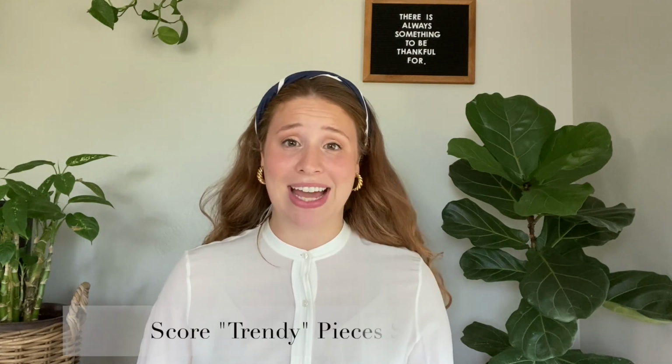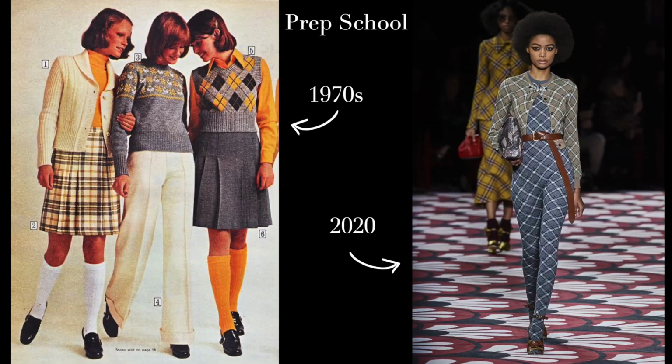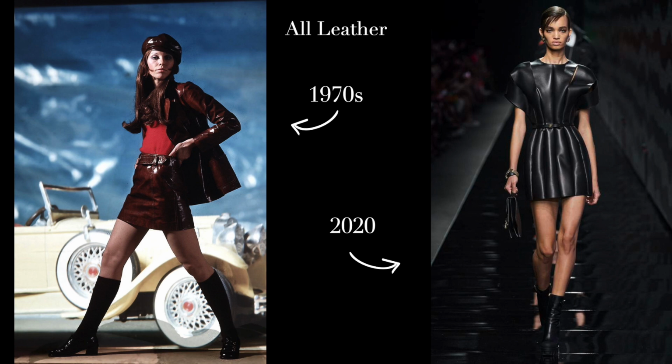I think the first one of these tips is kind of a no-brainer. For those of us who are already into sustainable and ethical fashion, shopping secondhand is probably something you already do. But for those of you who aren't really familiar with secondhand shopping, you can find a lot of great treasures in secondhand and vintage shops. The great thing about trends is that they tend to recirculate. So previous decades will come out again decades later, right? So now in fall 2020, we're seeing a lot of the 90s and we're seeing a lot of the 70s. So really all of the trends that I mentioned today, you can probably find in your local thrift store. And that is a really great thing about secondhand shopping. You get a blast from the past and you look super trendy, but it's happy for your budget